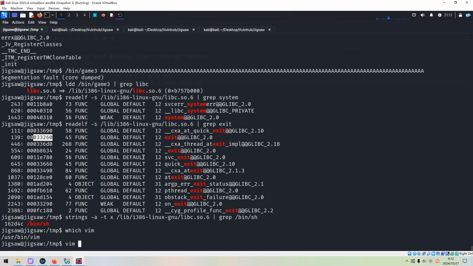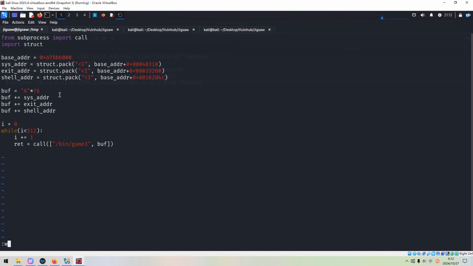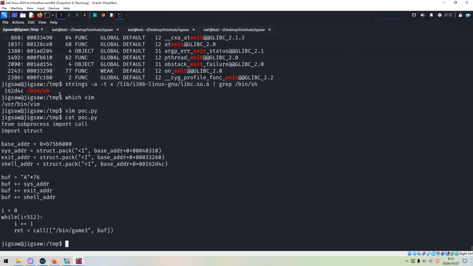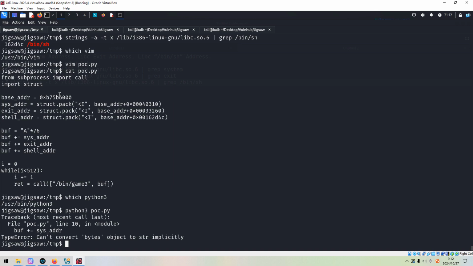Vim is there. Okay, so now we can run it with Python 3, Python 2.